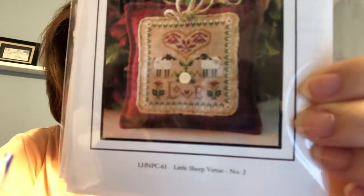I have an update today. I have a finish. I actually got started on it late yesterday because I had finished my latest rotation, and I thought, well, I know I want to get 2 different little house needlework patterns done at the first of the month, so I'll go ahead and start on one. So yesterday I started the little sheep, Virtues for Love,